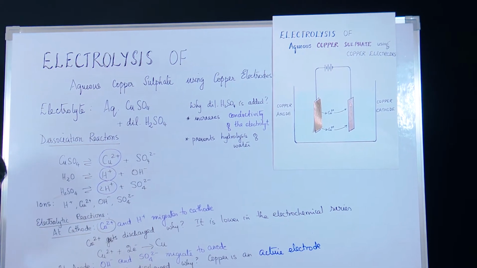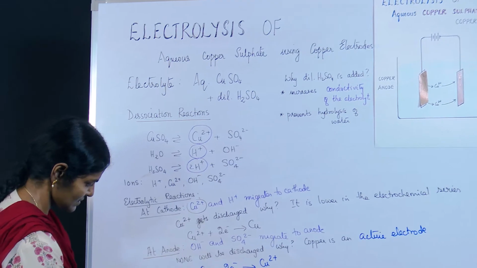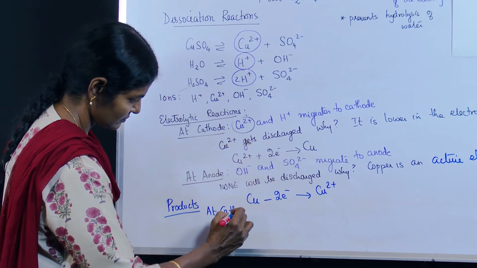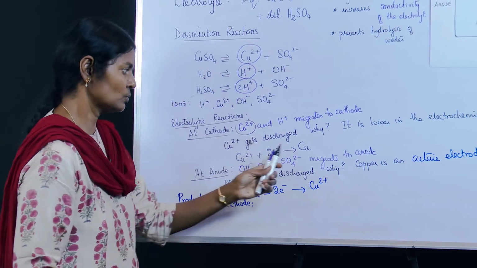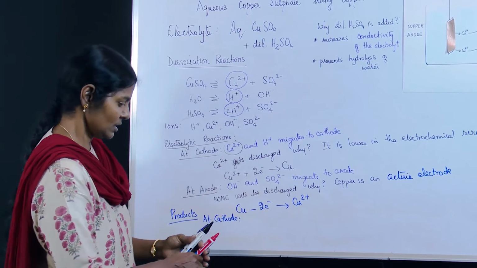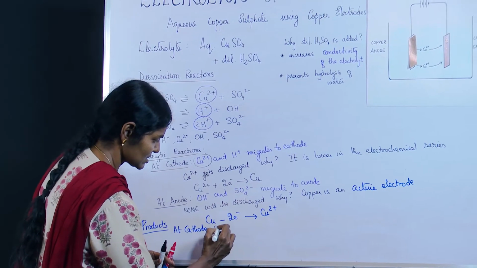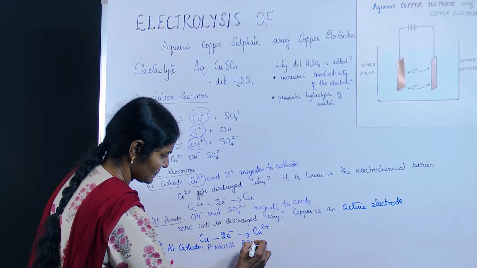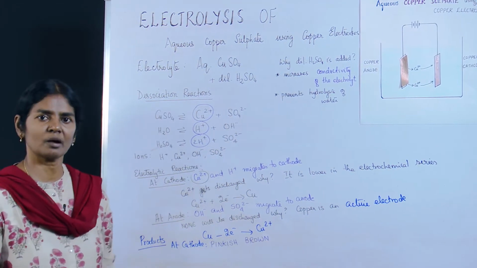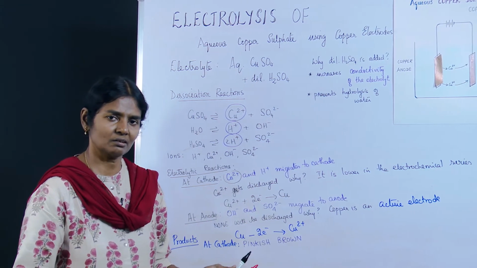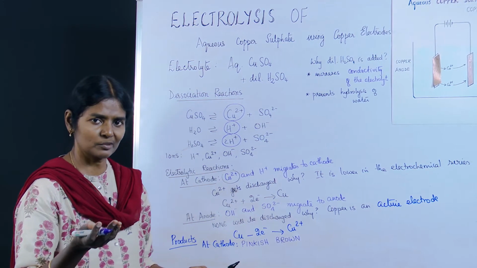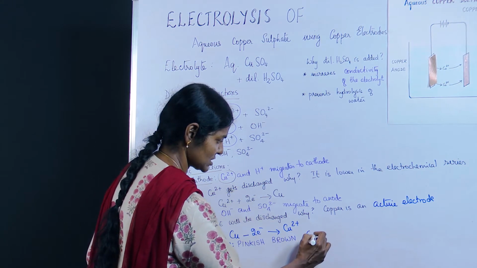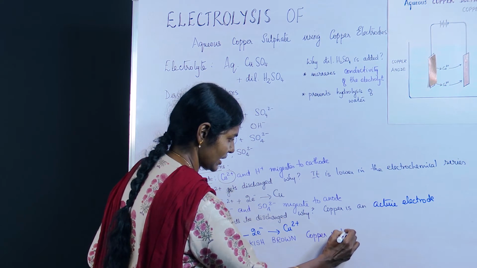Okay, so finally we have to see the products formed at cathode. At the cathode, what do we get? We get copper. Okay, so this copper is pinkish brown or brownish pink, whatever you want, you can name it. And if you have no clue of how this copper would be, when you go to a market or a supermarket where you have copper bottom vessels, you get a beautiful picture of this copper, that is pinkish brown copper metal. This is the product at the cathode.